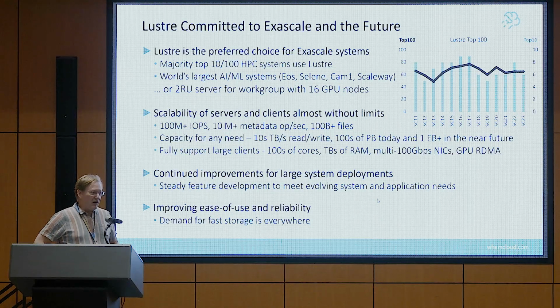And on the one hand, people are like, oh, we need a new flashy file system that's designed for Flash, right? But the truth is that Lustre is super efficient. I mean, we had to be efficient when computation and storage was not nearly as fast as it is today. And so we do get a boost from